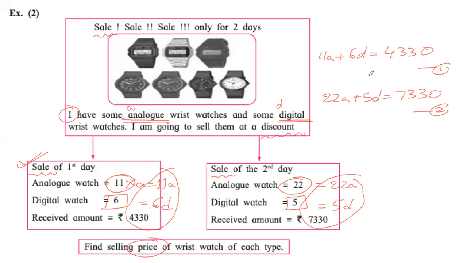The amount we calculated, we used the selling price as the variable, the selling price of each type of watch. We multiplied it with the quantity of the watches sold to arrive at the amount earned by selling each type of watch. We added the sales of each day to find the total amount received on each day. Yes, you have given me the equations in the chat box. You have understood. Any questions here? This is how we form equations when the question is about selling price, cost price, business transactions, monetary transactions. We will need to know what is selling price, what is cost price, how do we calculate profit and loss.